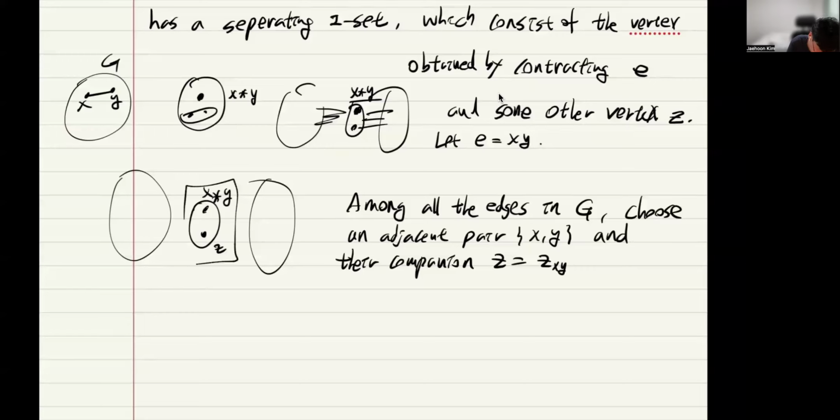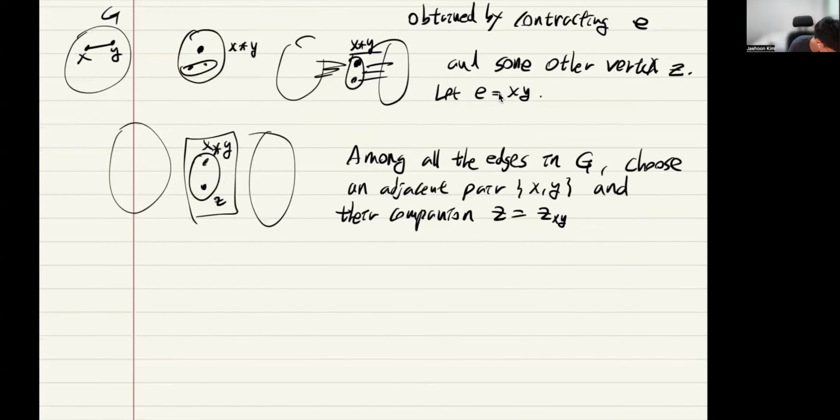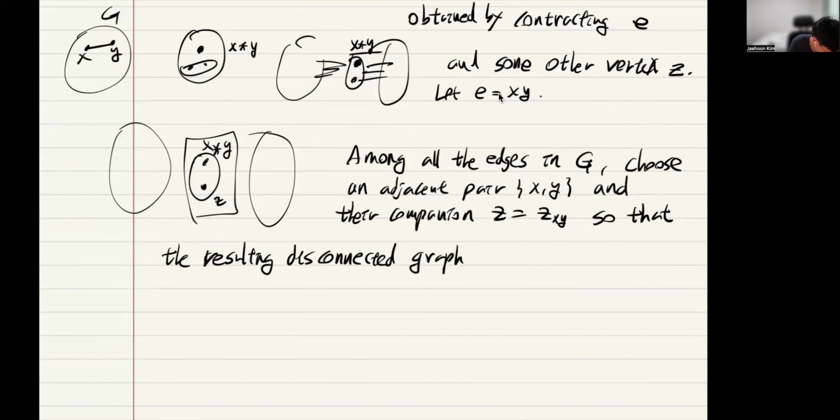Meaning that this picture, together with this x star y and then z, they form a separating set of size 2. And we choose them so that the resulting disconnected graph G minus x, y, z